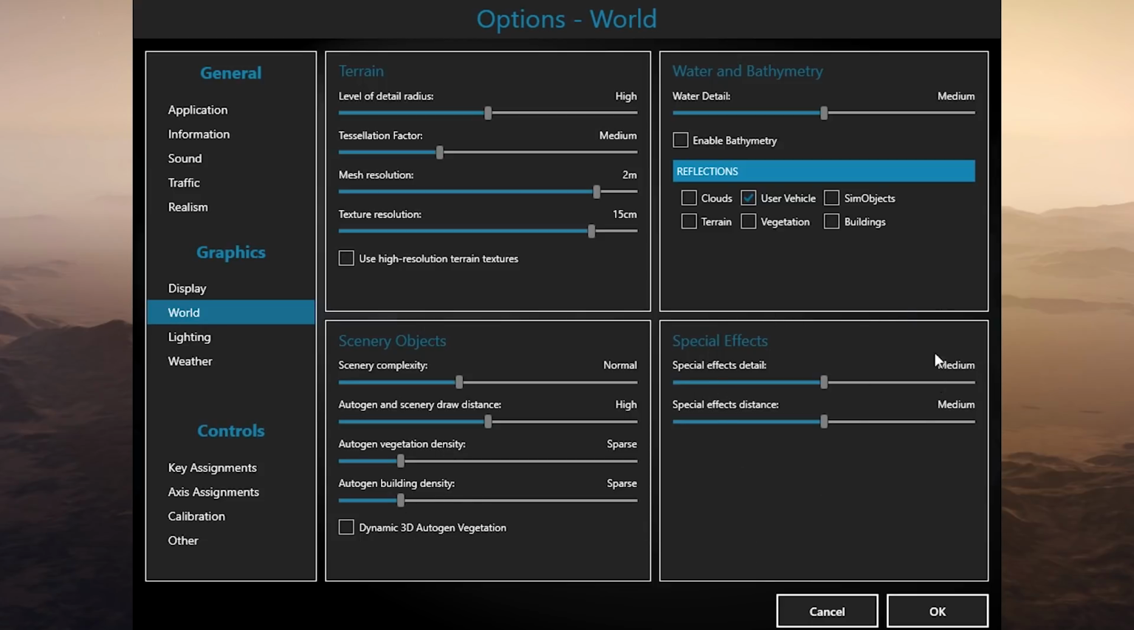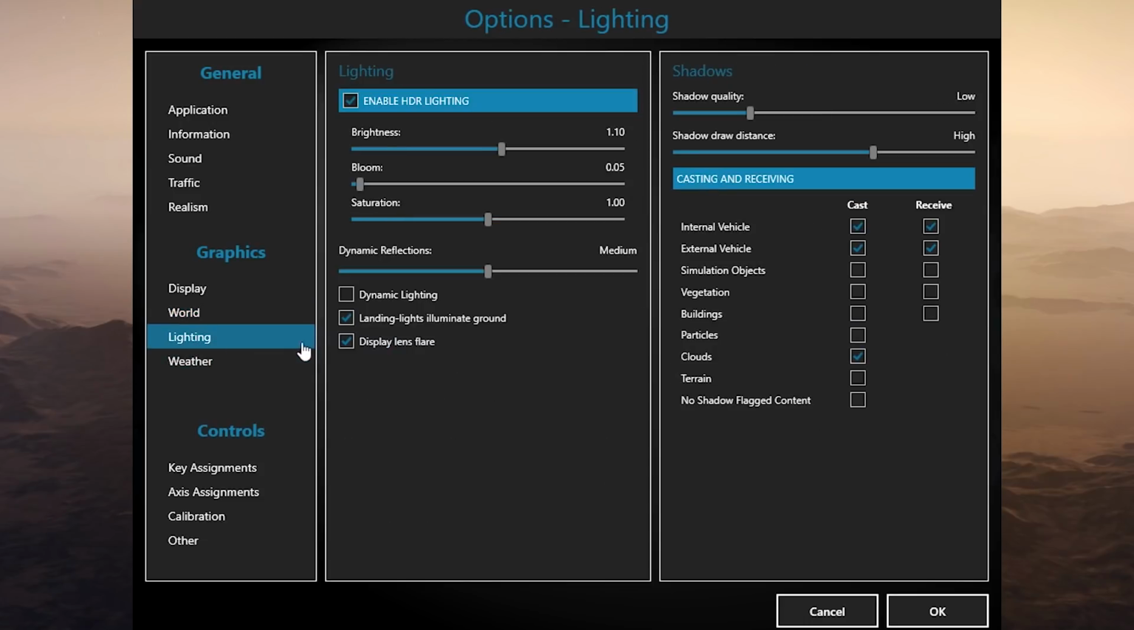Special effects is still on medium, and the water detail is medium. I don't have bathymetry enabled when I'm using the high scenery setting, and the reflections are still the same, which is just user vehicle. Moving on to lighting, the same lighting settings basically, apart from the fact that I've got